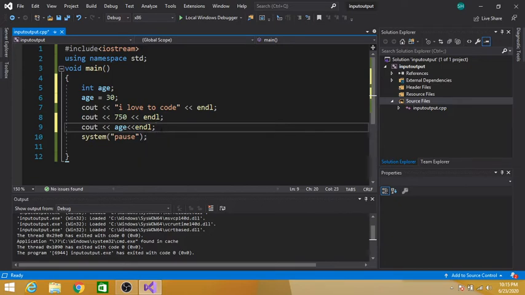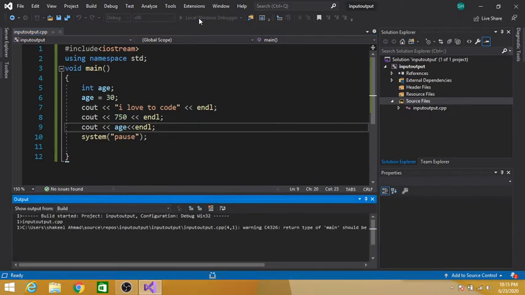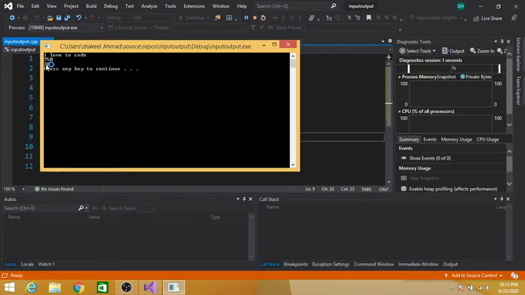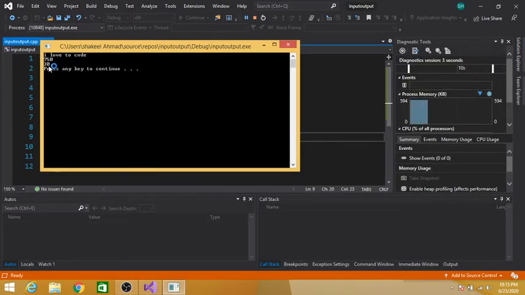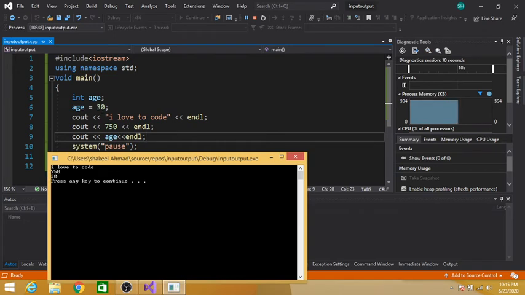It is used to start a new line. So the value of the variable age is displayed on the screen. As you can see, we have assigned a value of 30 to this age variable, and here we are displaying that value on the console window by using the cout object.